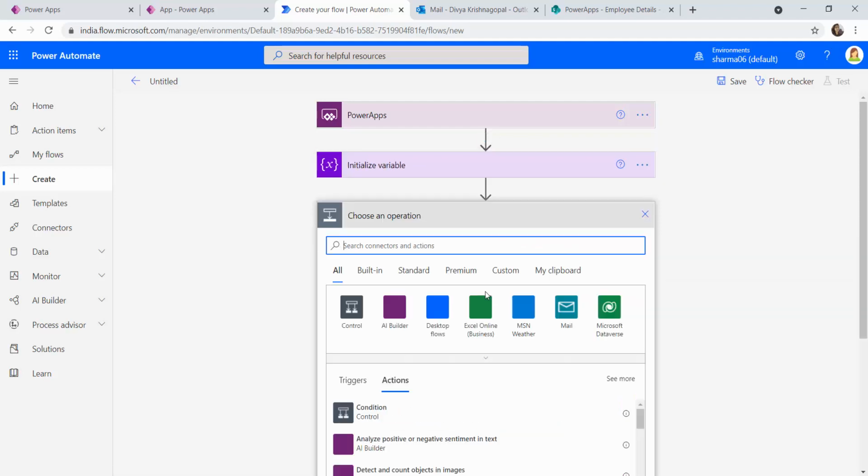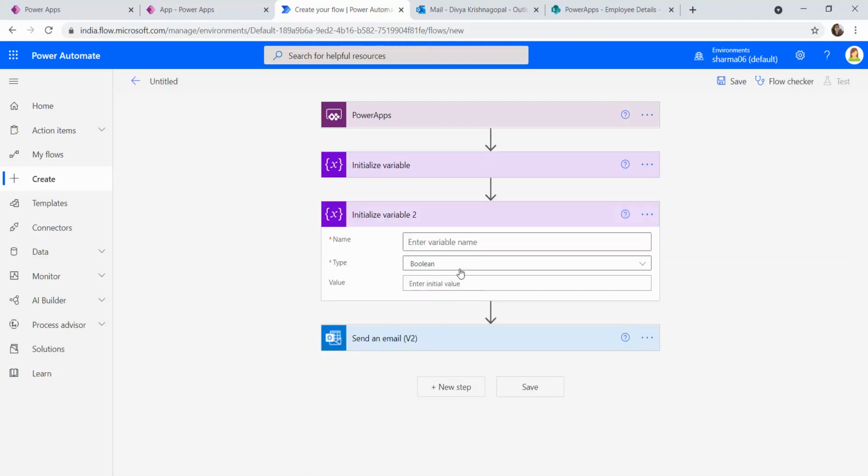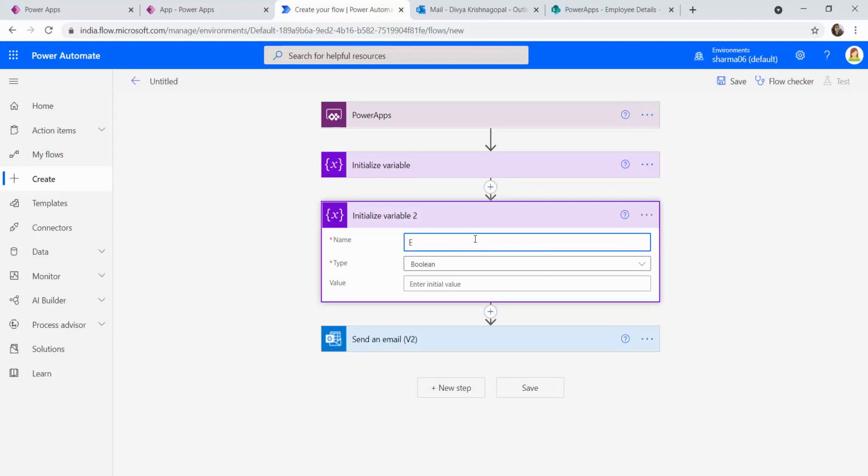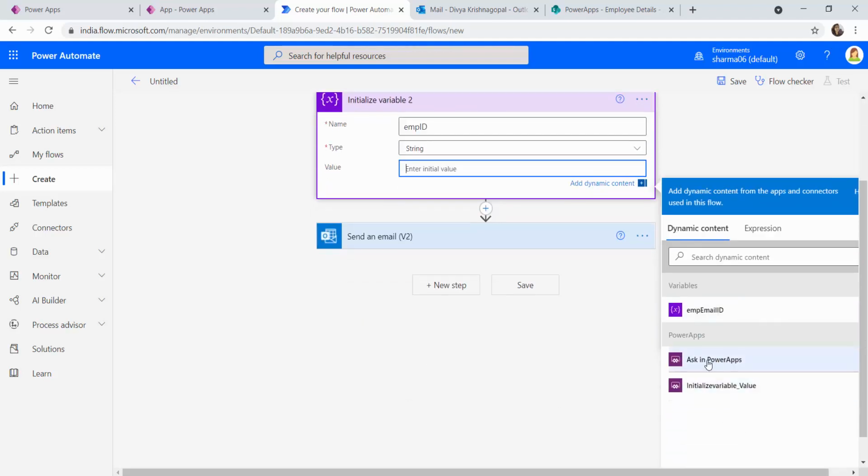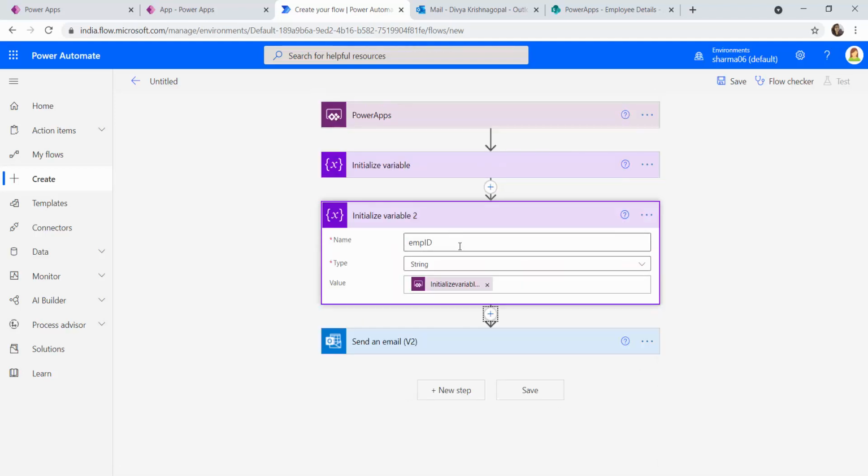Second, I'm going to initialize another variable, and this would be employee ID. Every employee will have an employee ID that I will be retrieving again from Power Apps.